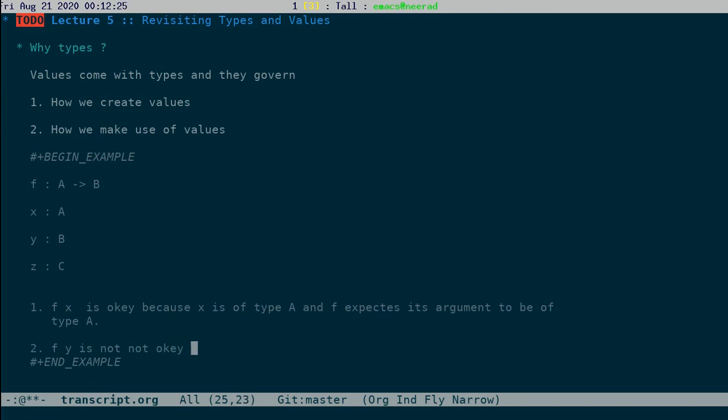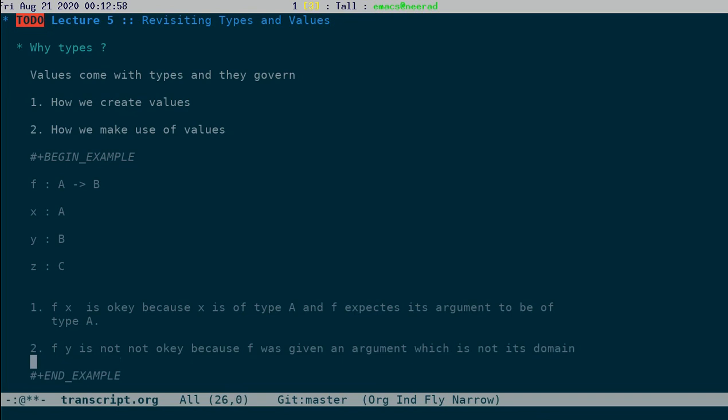We are assuming B is a different type, because f was given an argument which is not in its domain. So that is the reason why f of y is not okay.